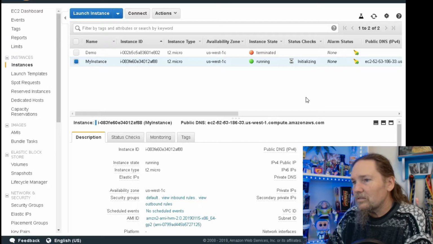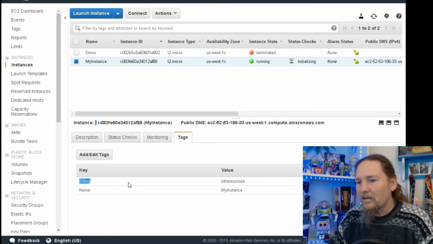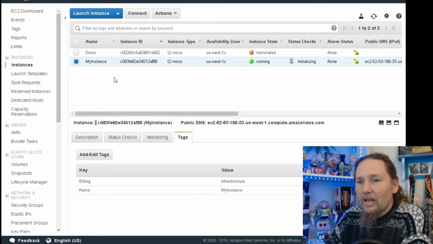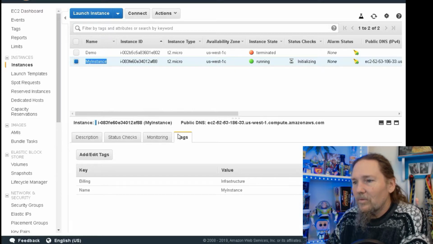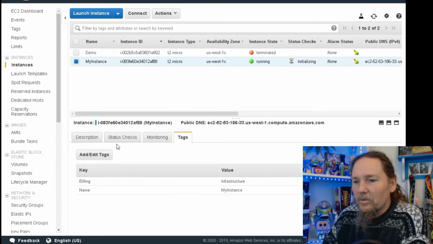I can check a few things now that it's launched. I can check my tags. So here you can see it's taken my billing tag and it has added the name of my instance. If you just launch an instance without adding the name tag, the name part up here is blank, so you can't reference it by that or filter by that. Okay, so